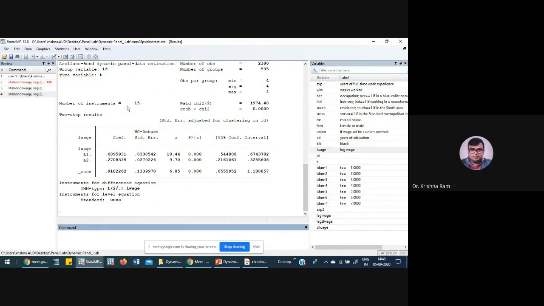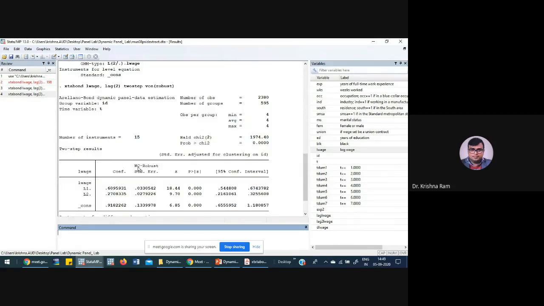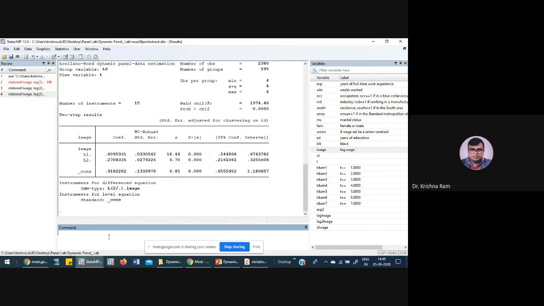Now, since you have used 15 instruments in both of these regression models, there is an option to restrict the number of instruments, because if you use a larger number of instruments,